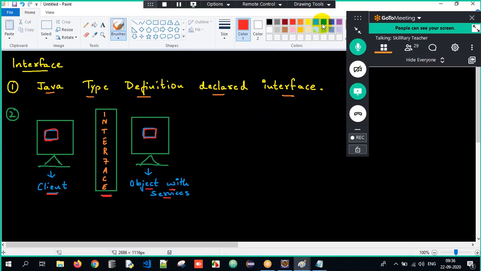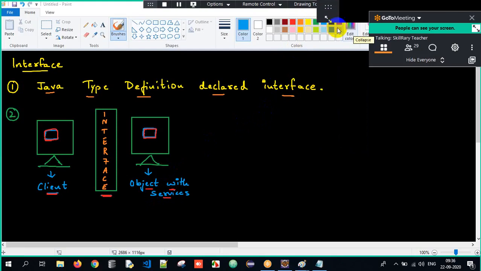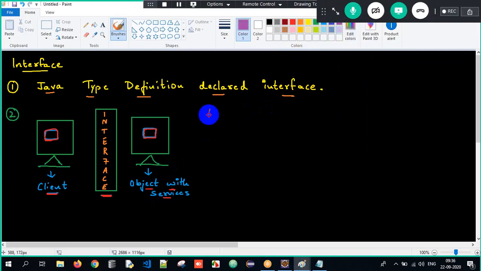Let us try to understand this with an example so that it becomes an easy topic. Now guys, there is a person in his room, and there is a fan. The person wants to switch the fan on or off, but he has an interface between them. What is the interface between the person and the fan? That interface is nothing but the switch.